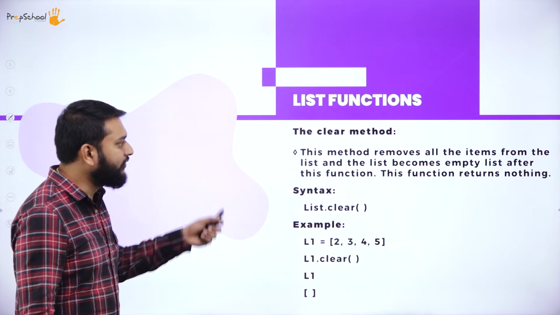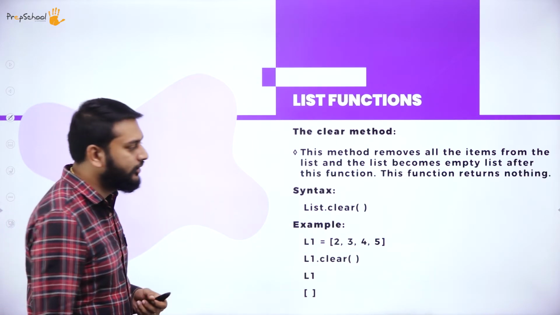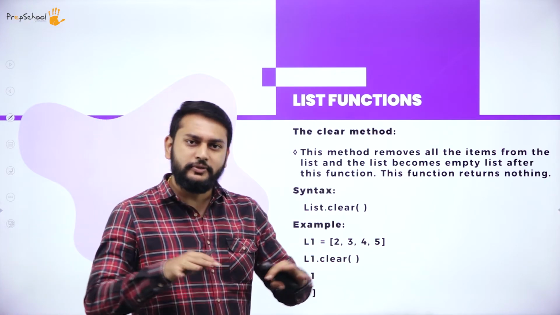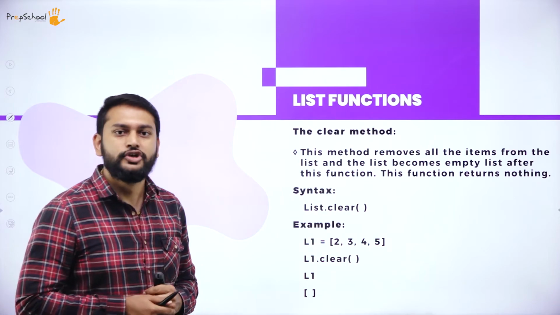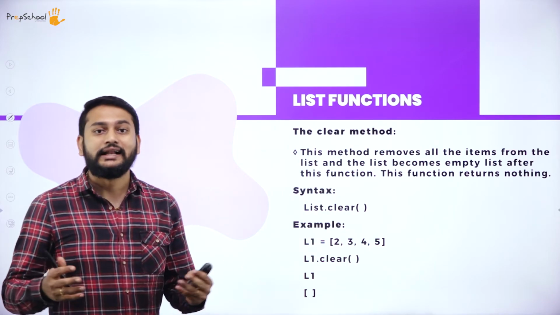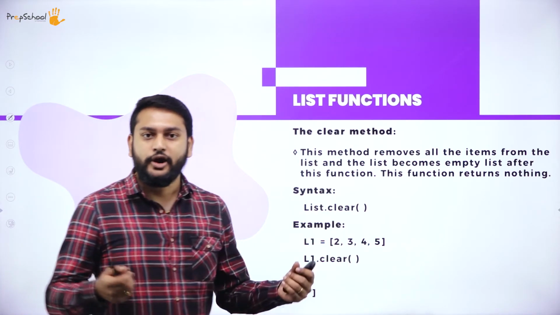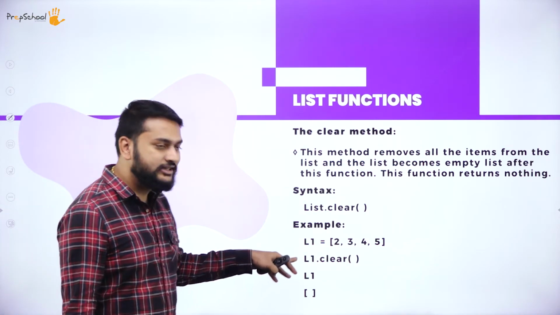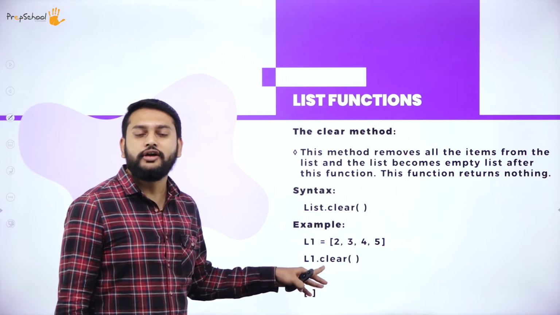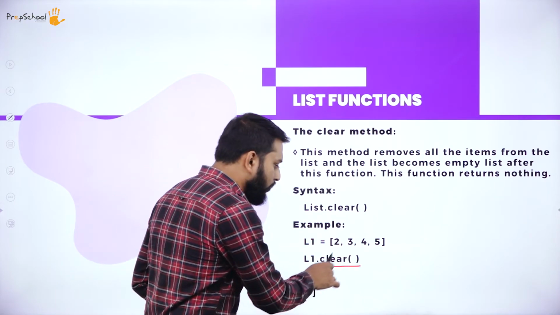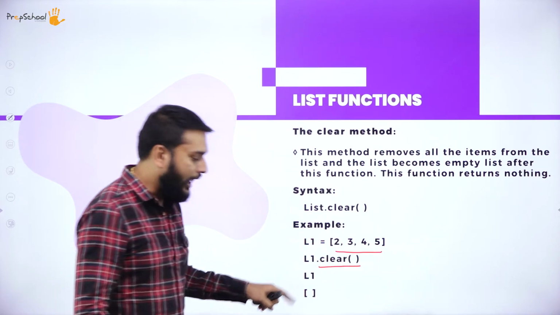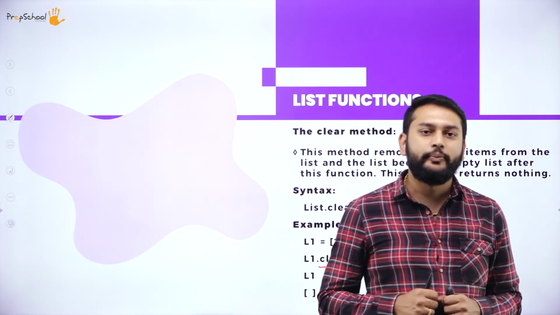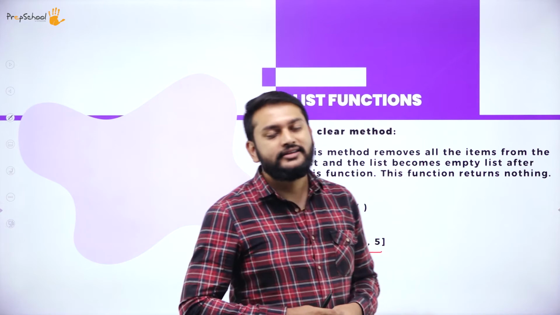Moving on to the next one, we have clear. So why do we have clear? The clear method removes all elements from the list. If you want to delete the complete items, whatever you have, you will be using the clear function. Guys, I don't have to speak much about it because you all know about it. L1 is a list. If you call L1 dot clear, whatever items you have inside this list will be removed and your list looks empty once you perform this operation, is what you need to understand, right?